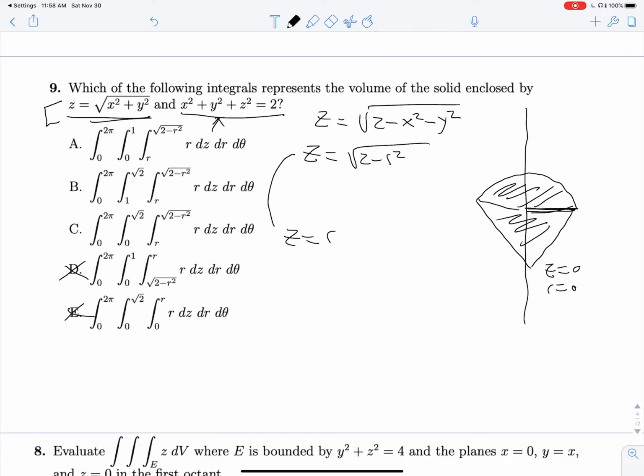That is going to be the intersection of these two, so we can set them equal to each other. r equals root 2 minus r squared, or r squared equals 2 minus r squared, which is 2r squared equals 2, or r equals